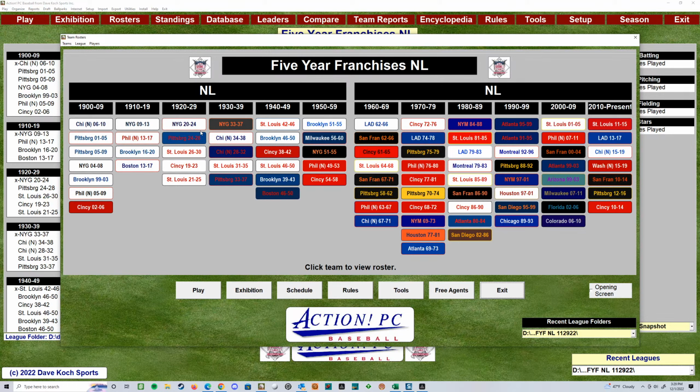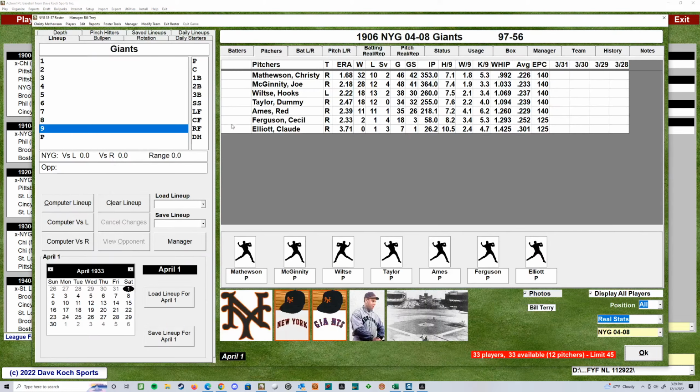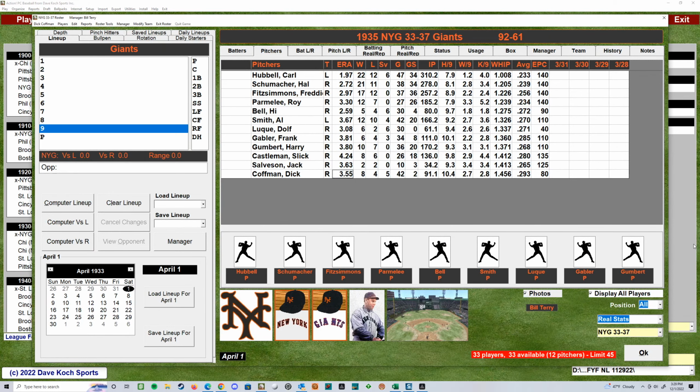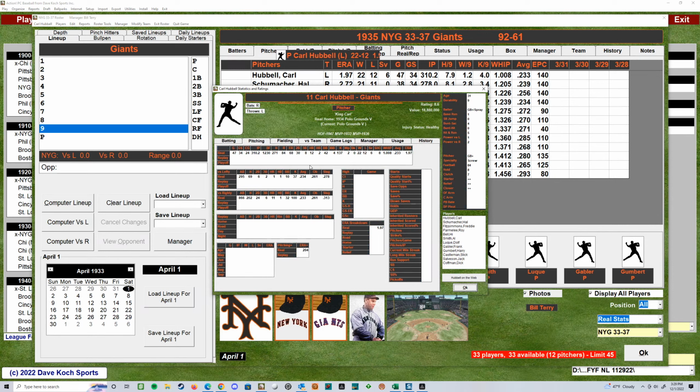But in that same time period, Lefty Grove during the late 20s and 30s, the numbers he put up don't look impressive in other eras, but for the era he came from, he was a stud. This guy too, this guy right here. Look at Carl Hubbell in the 30s with this kind of an ERA and WHIP. Incredible. He's holding people to an opposing batting average of .233 when the league average is .300. Really good.